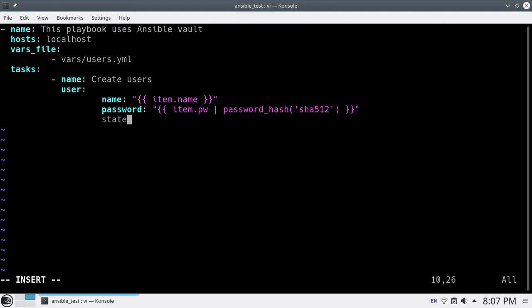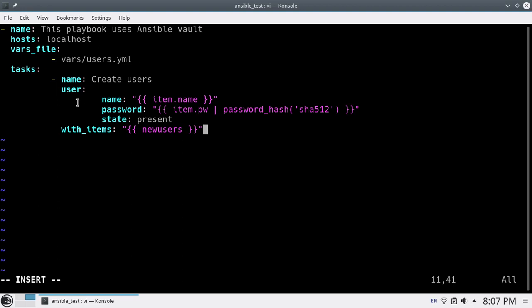I am putting state present. Now I am using a variable, right? So I will use with_items, then I will put newusers, that's the variable I defined there.